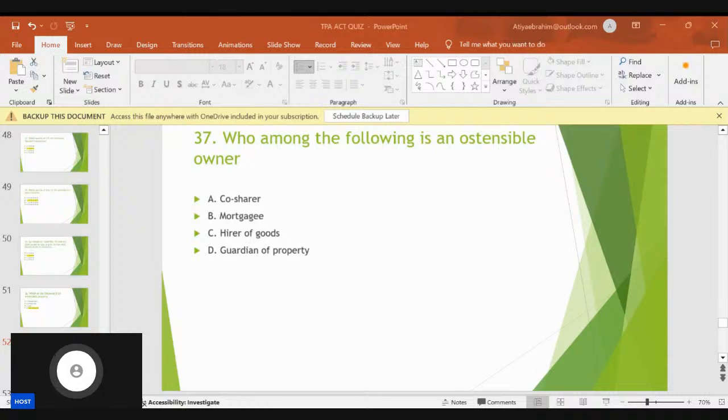Whatever you feel, logically you're feeling that this should be the answer, you can mention it. Yes. 37 D, Vikas also says guardian of property. Okay. Durva also says,